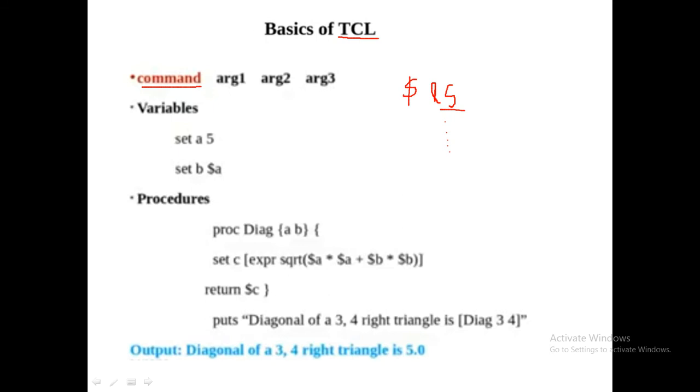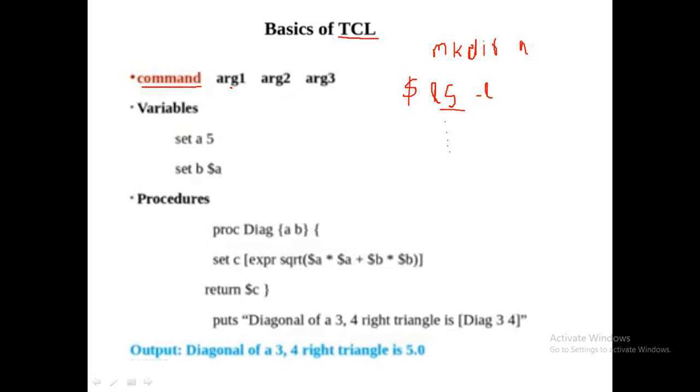For example mkdir, to create a directory in Unix. So what is the command you are going to use? mkdir. This is the command, then you leave one space, then you give your directory name, or there can be more than one argument also. Like ls has certain options: space hyphen l. Now this hyphen l is an argument. So this is how we say it in our tool command language: command space argument 1 space argument 2, etc.